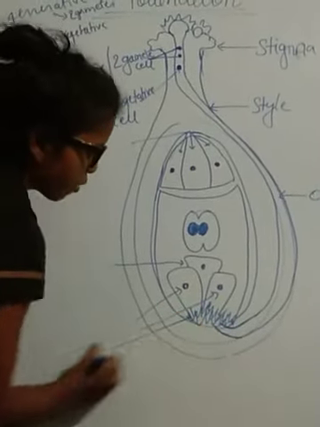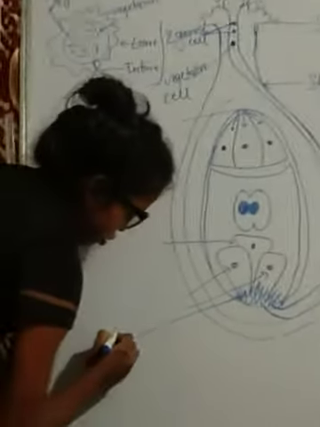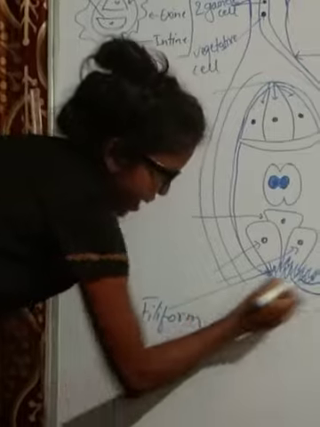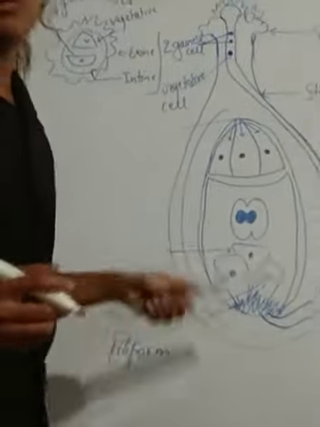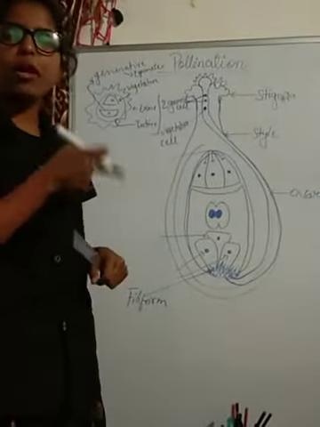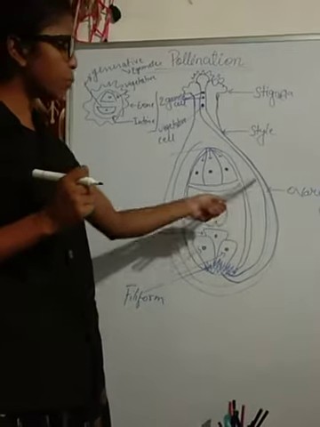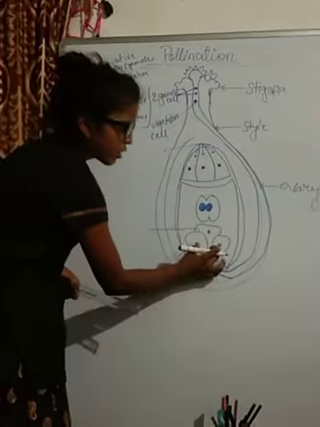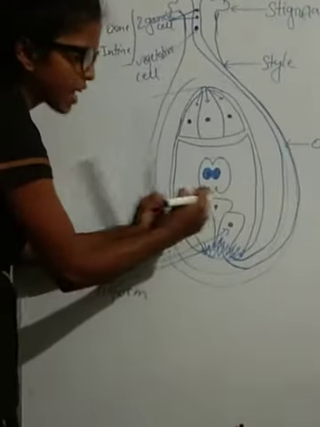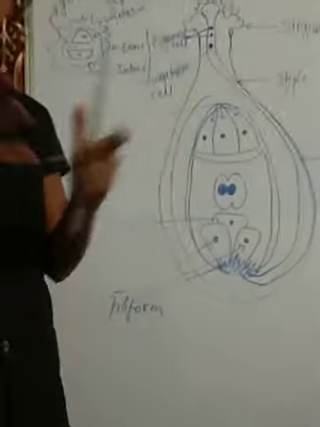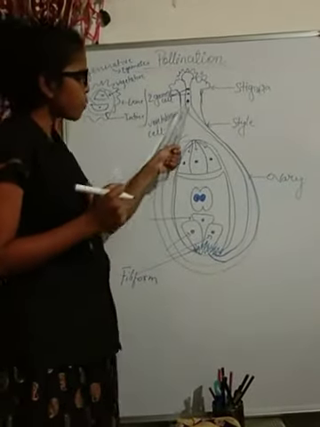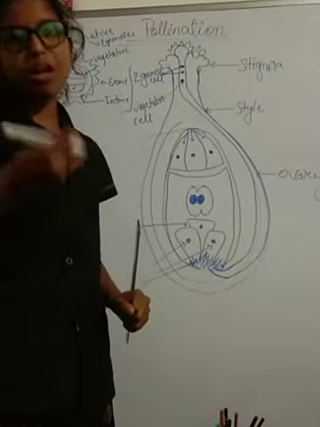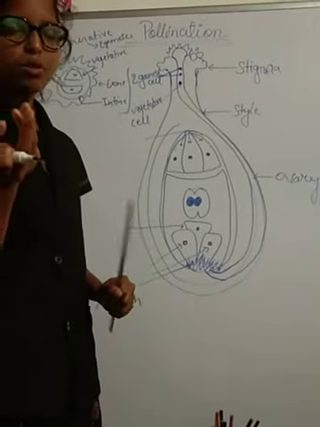This is the filiform, students, the grass-like structure you could see. This is known as the filiform apparatus. This filiform directs the pollen tube to enter. It gives space for the pollen tube to enter further. We can see here these two cells are compactly arranged around the egg cell, meaning they are tightly holding the egg cell. So if the male gamete has to reach this egg cell, it needs space. How will this space be provided?